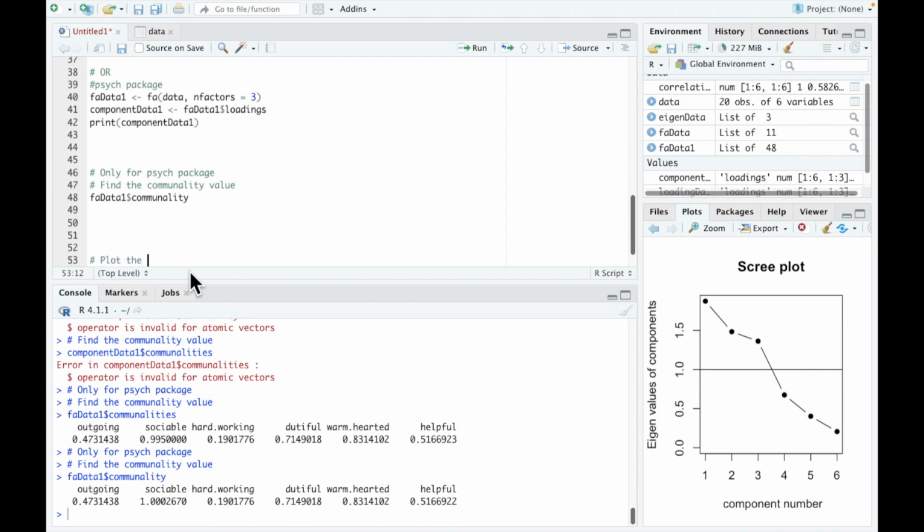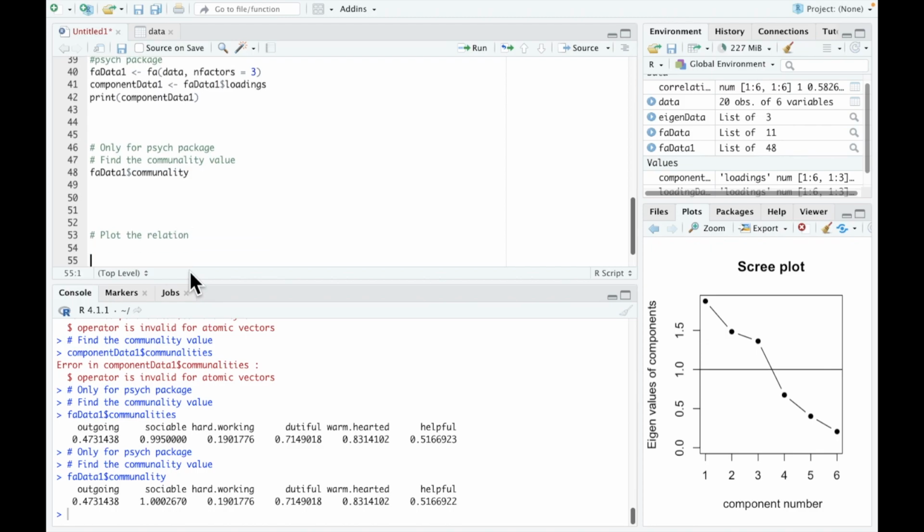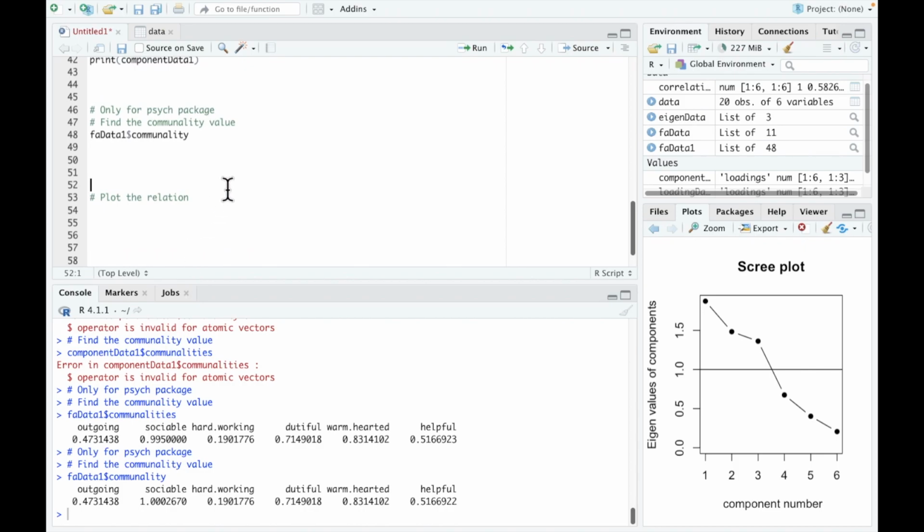So plot the relationship. Plot the relationship, and for this you have FA data, and then you load